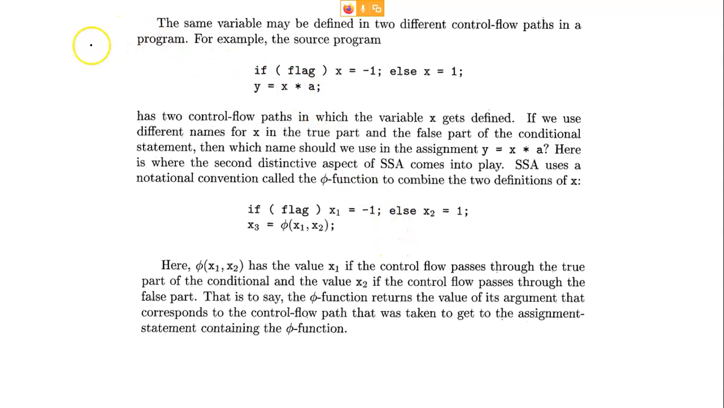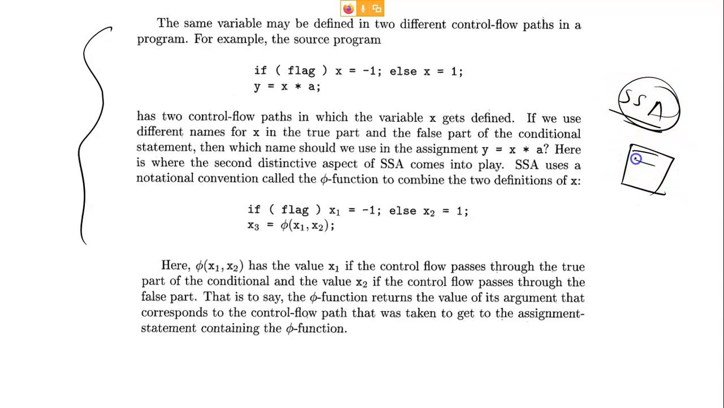This is in the Ullman book. When you study SSA from the Ullman book, they have only one page. In that one page